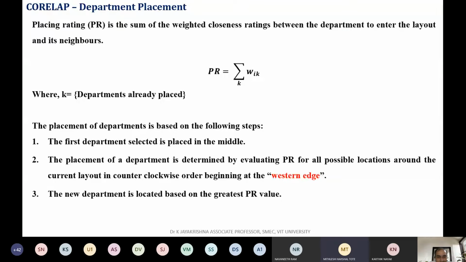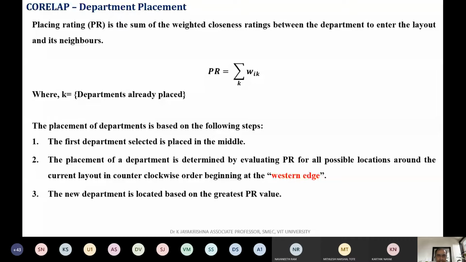Yeah. So what I'm telling is, always the main department from where the business originates should be placed or kept at the center point. Okay. Next, in the given grid, just understand this. When we enter the problem, you will understand better. So always place the first department in the middle of the grid or middle of the layout. Okay. Then go counterclockwise. Understand this word, counterclockwise. It's not clockwise, it is counterclockwise.